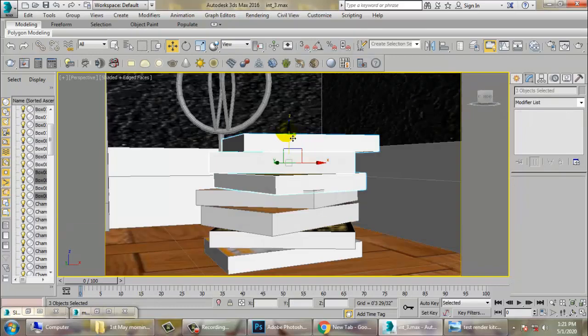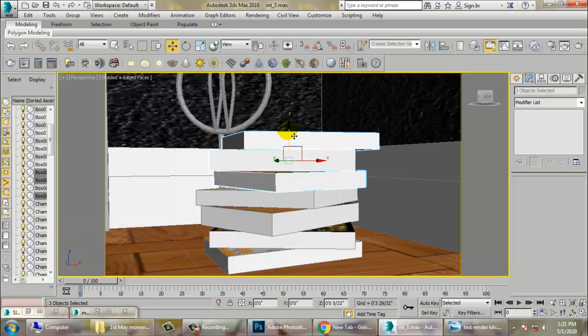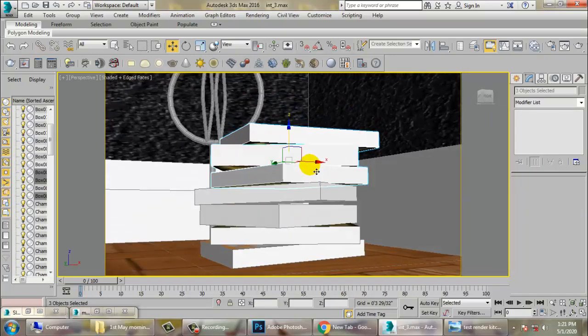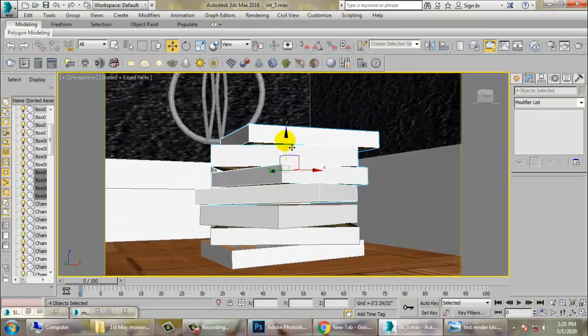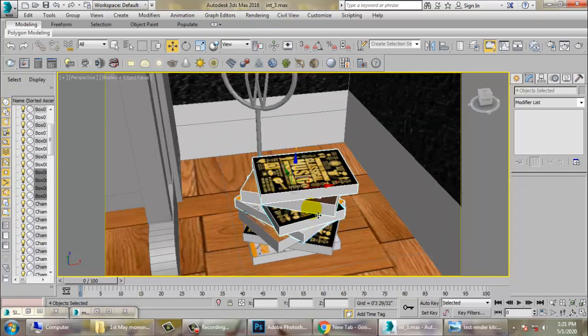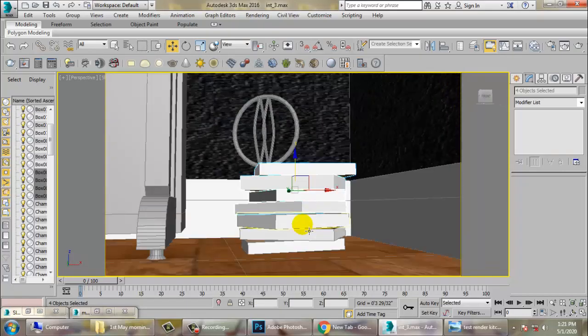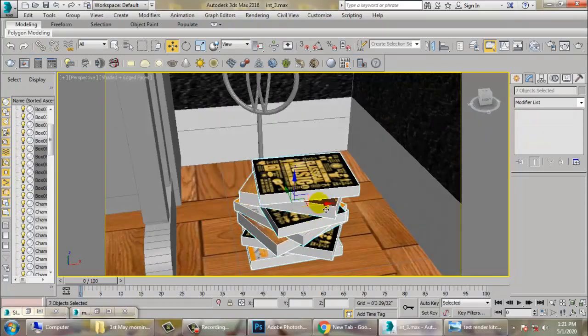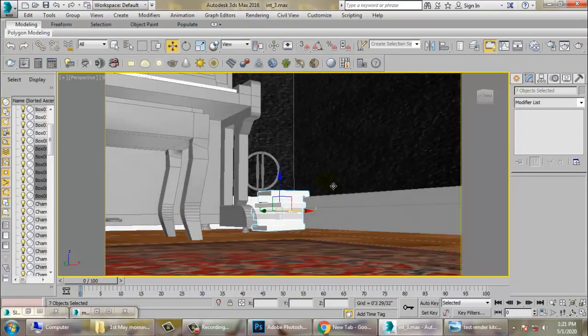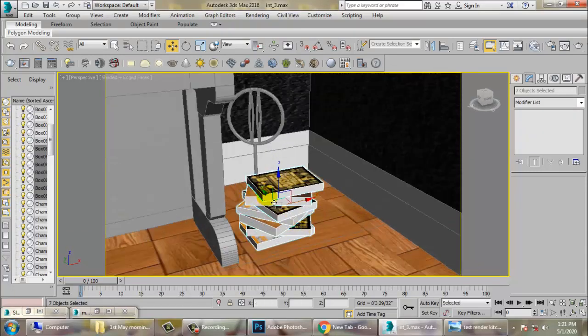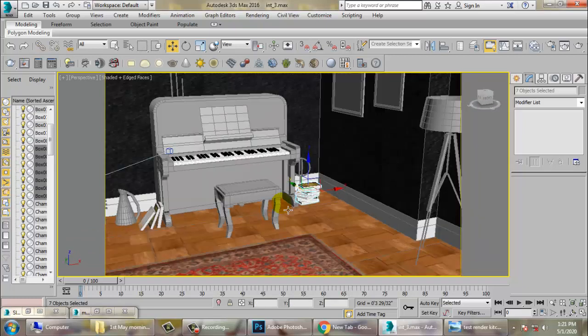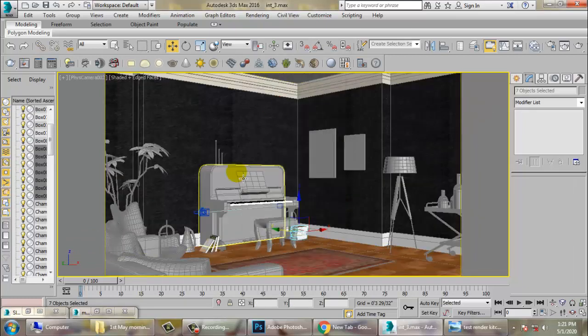So just push this up a bit over here, assign in the right manner, and let's go back to the camera view and save the files.